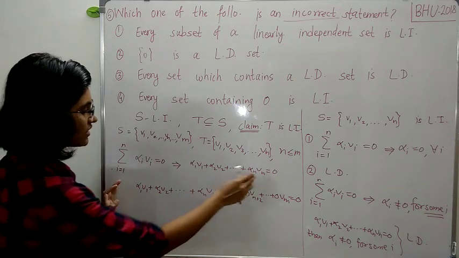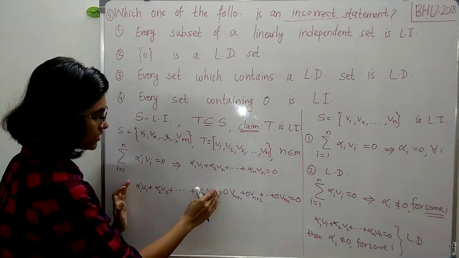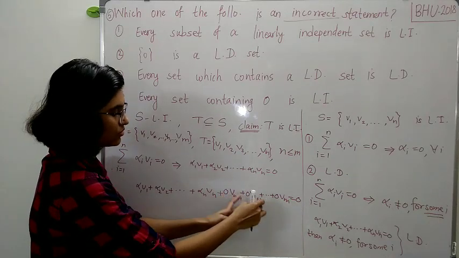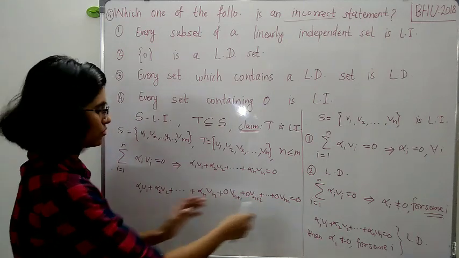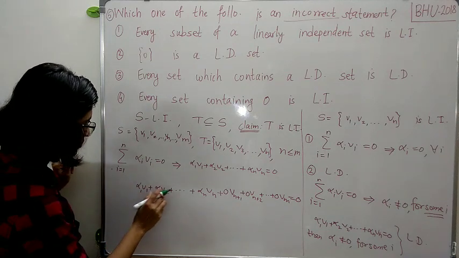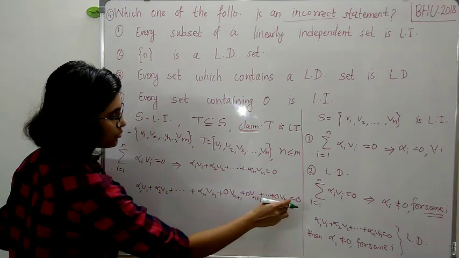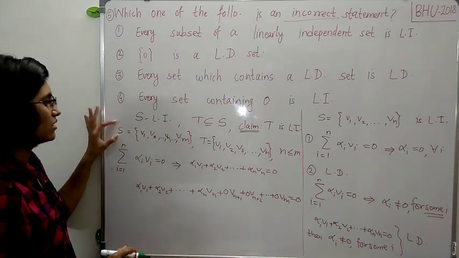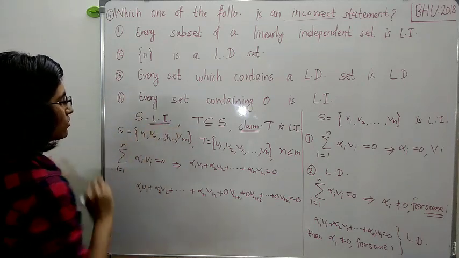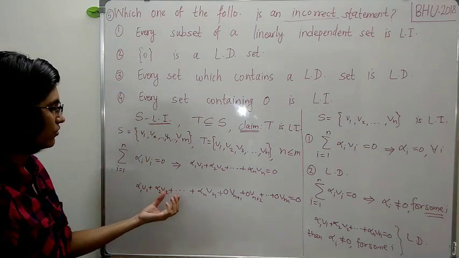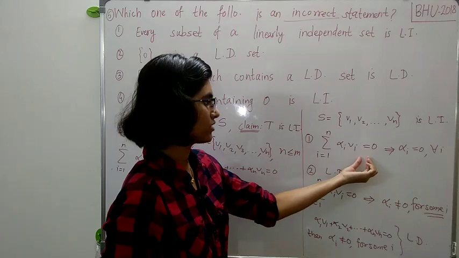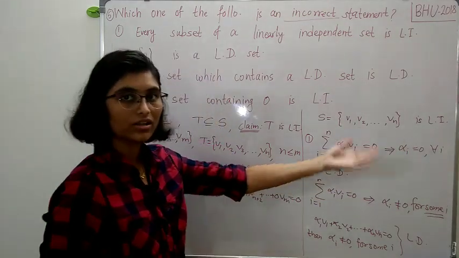So this linear combination is the same as this, because up to this it is the same, and all these quantities are just sums of 0. 0 times anything is 0, and taking addition, it is 0. So this linear combination is equal to this. Now these elements v1, v2, up to vn, and v n plus 1 up to vm are elements of the set S, and we know that this set is linearly independent. So this is a linear combination of elements of the set S, which is linearly independent. So look at the definition: whenever we have a linear combination equal to 0, this says that all the scalars are 0.